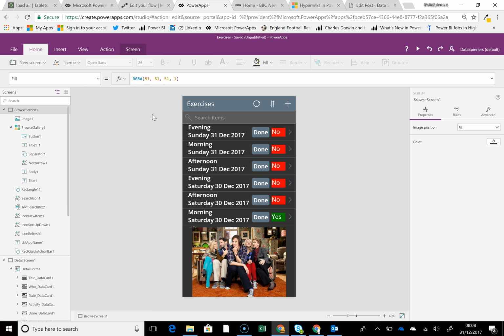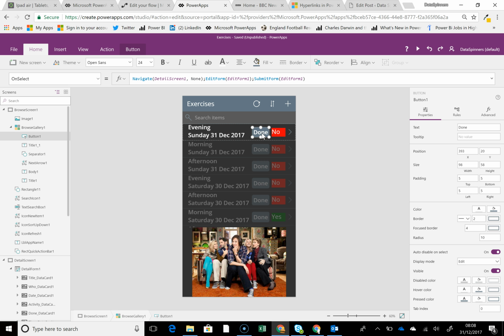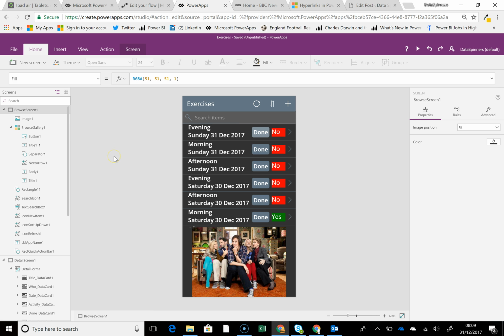The third point is that instead of her having to go through to each line item to mark that it's done, she just clicks the done button, and what that does is it navigates to the details screen, edits the form, submits the form, and then effectively comes back here. Now what I'm going to do is take this out here because I don't think we need the navigation piece, and all it's going to do is effectively go to the edit screen,